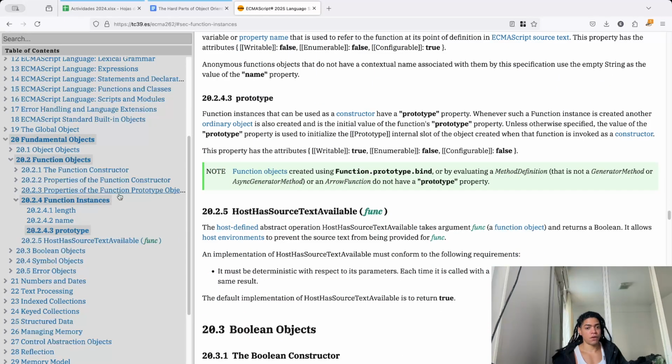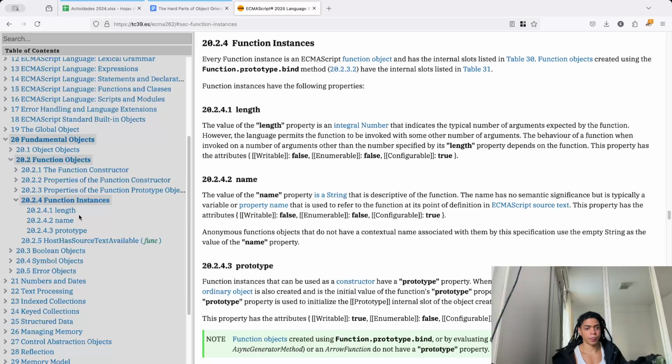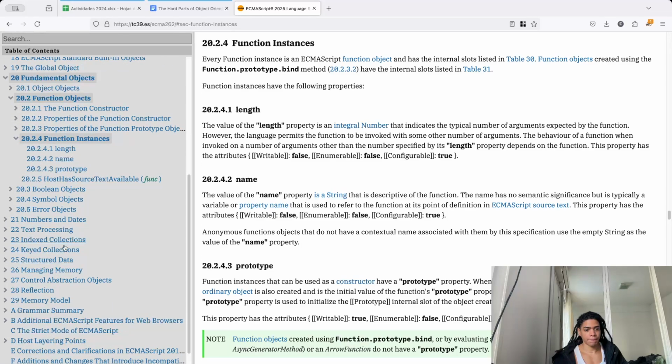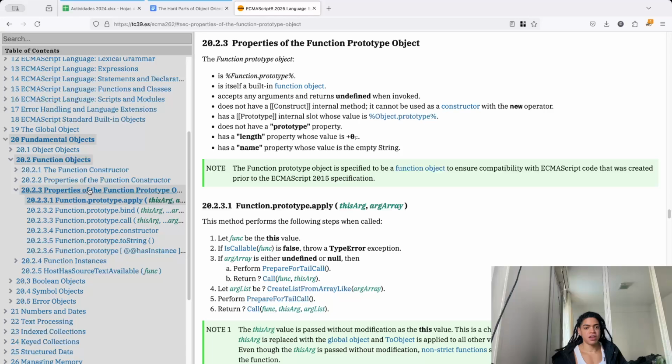And now for the function constructor, this function has the property that I mentioned, and here is where you can look at the prototype. So what are the properties that a function, when you create it, can have access to? That is the properties of the function prototype object. Here you have things like bind, call, and constructor. So this is how, when you create a function, you can have access to all of these methods, because the proto holds a reference